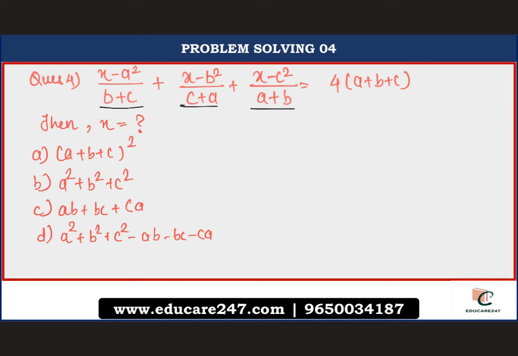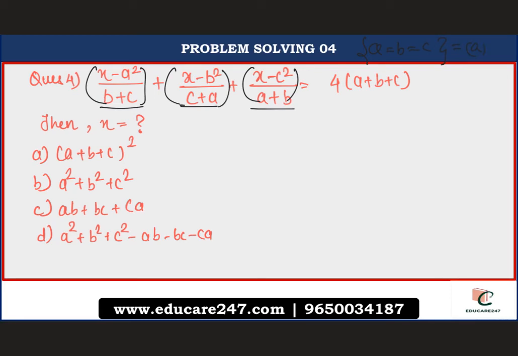Now we have deduced that it's symmetrical. What will we do? We will do a is equal to b is equal to c, all variables equal, right? And since all variables are equal, all of these expressions will be equal, right? So we'll just consider one expression and multiply it by 3. And we'll consider all the variables in terms of a.